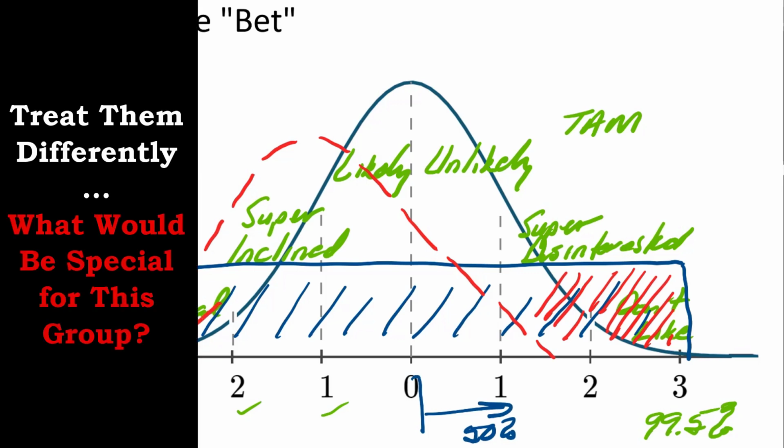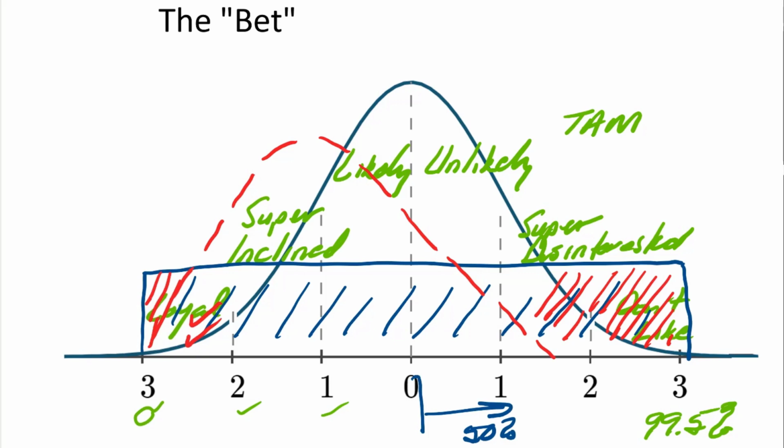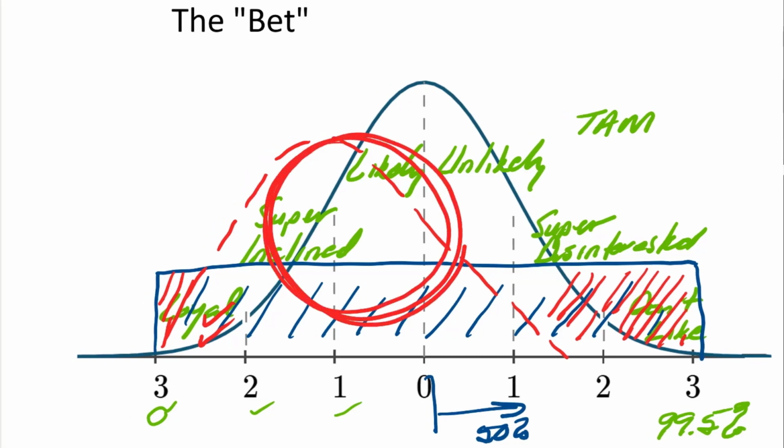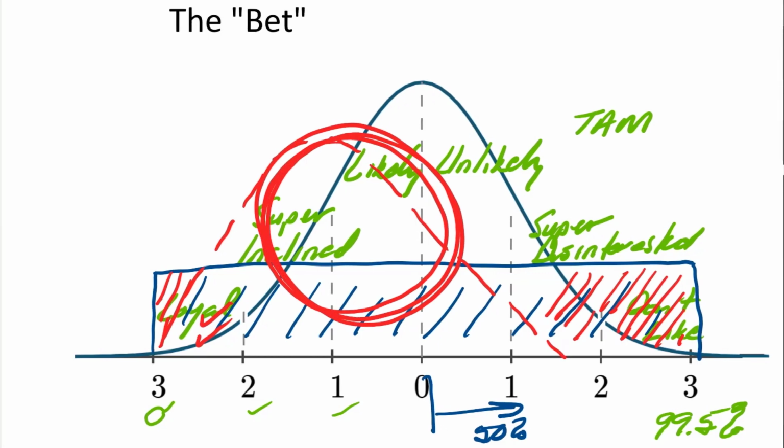What would be special for this group? Since they're special to you, how can you do something special for them? Unlike, say, your phone company or your cable company, where they make these stupendous offers for new customers, like 3 free phones or whatever, but not for existing customers. It's like, oh man, which is why they also have such low customer sat ratings. Anyway, without going too far down that rabbit hole, this area would seem to be your sweet spot where you want to spend probably the most, and you definitely want it falling off by the time you get to the